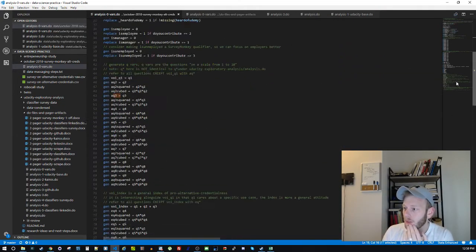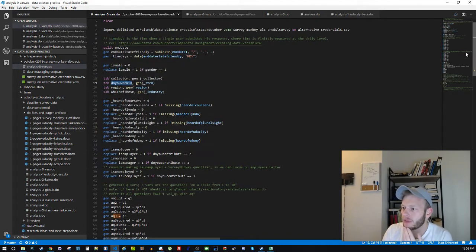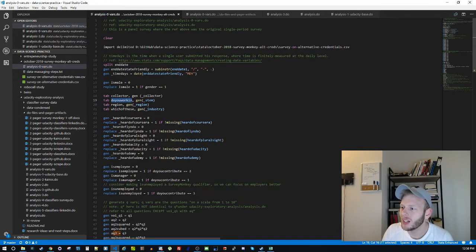All right, so that gives you some background on these. I guess I can run through what they are very quickly. Obviously time, gender is male, it's one binary. Collectors, so SurveyMonkey has different collectors. Basically, where's the sample coming from? So I used